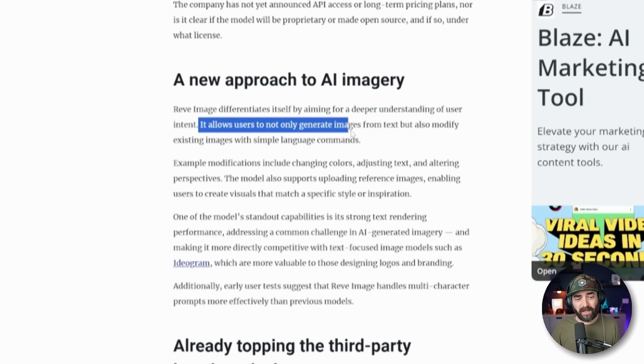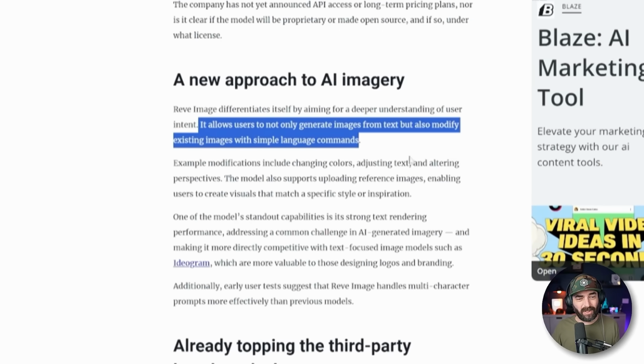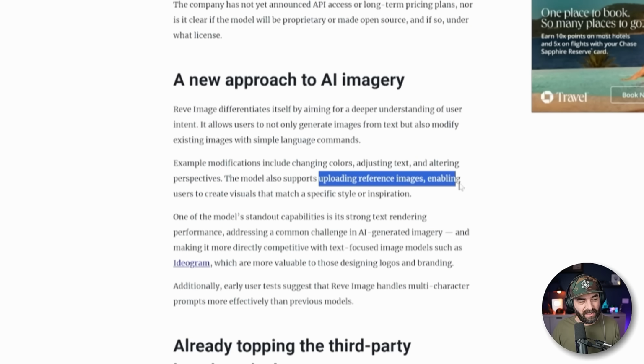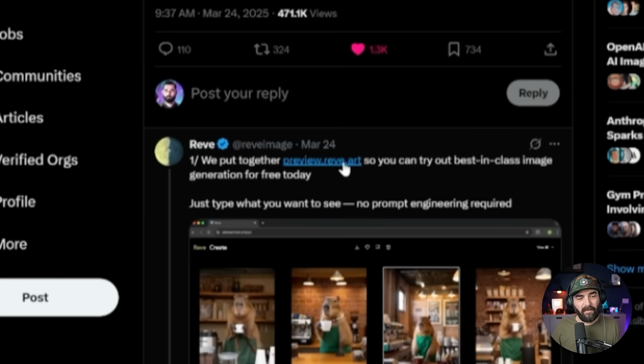And similar to what we've seen from the new model inside of ChatGPT, it allows users to not only generate images from text, but also modify existing images with simple language commands. Things like changing colors, adjusting text, and altering perspectives. It also supports uploading reference images, enabling users to create visuals that match a specific style or inspiration. You can even try it out over at